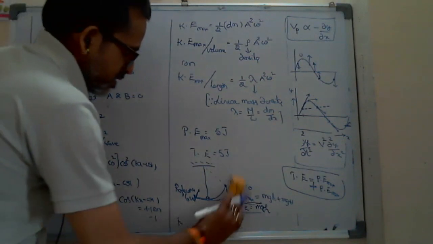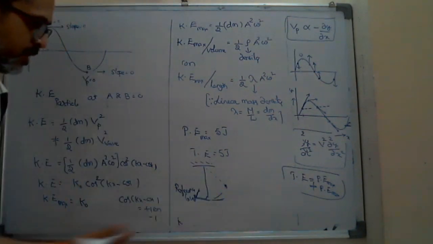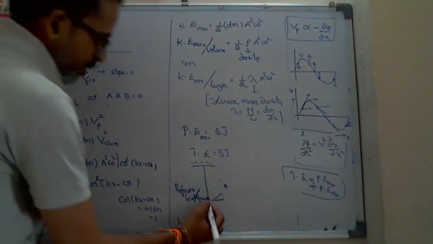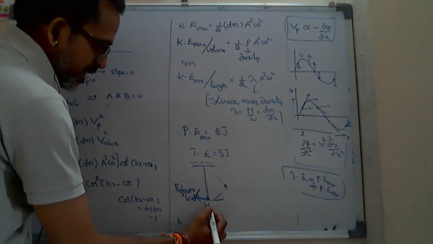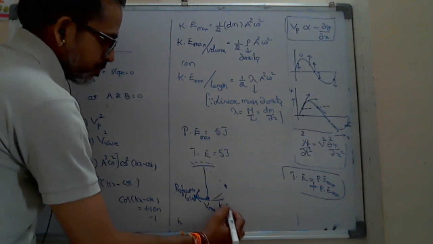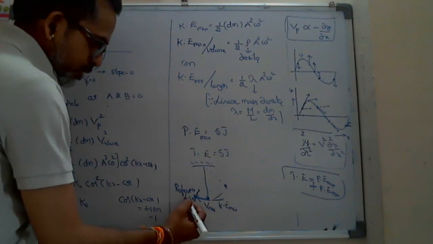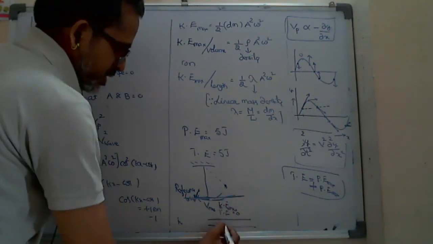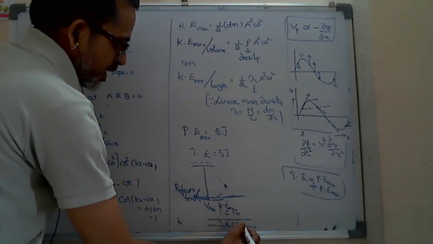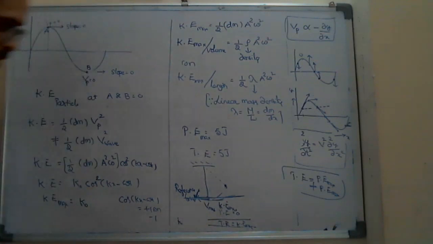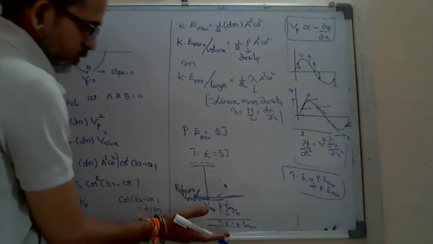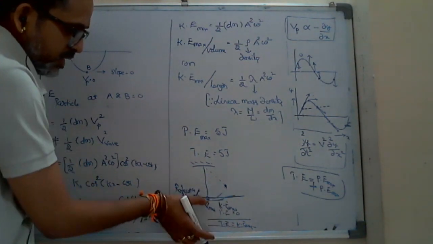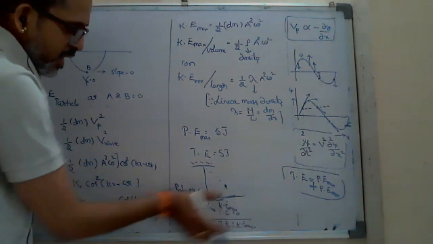Suppose in the oscillations, the velocity is maximum at the mean position, which means the kinetic energy here is maximum. Even if you take the reference level here, the potential energy is equal to 0. Then I can say the total energy is equal to KE max. Even if you take the ground level, you consider the potential energy as mgh there and here also. That is a common term.